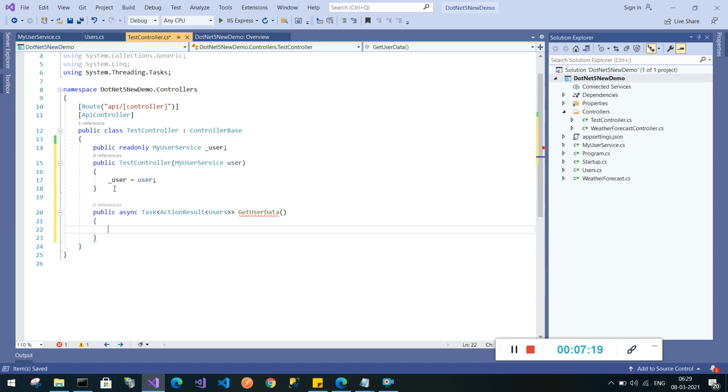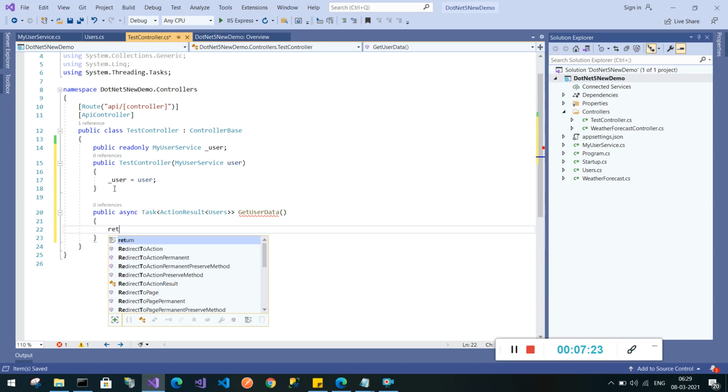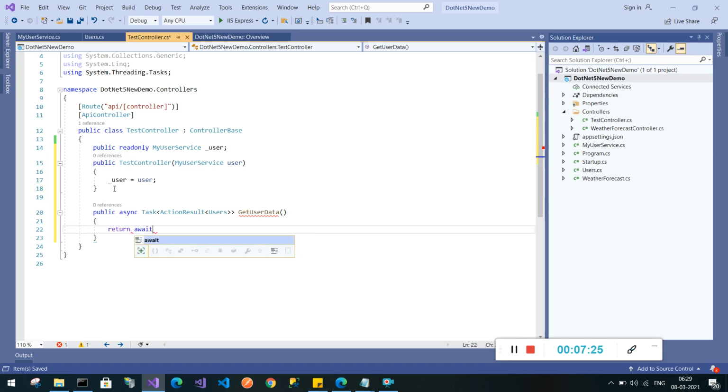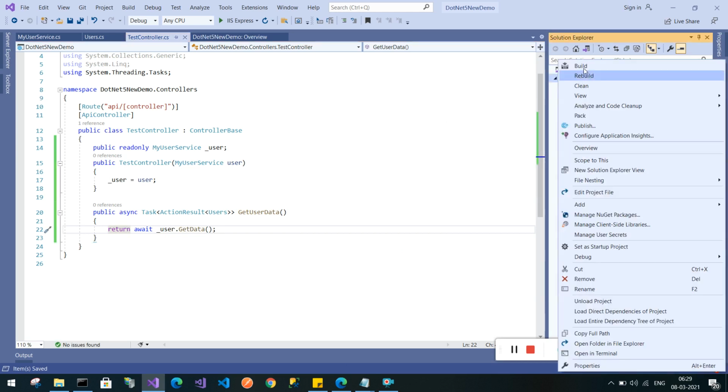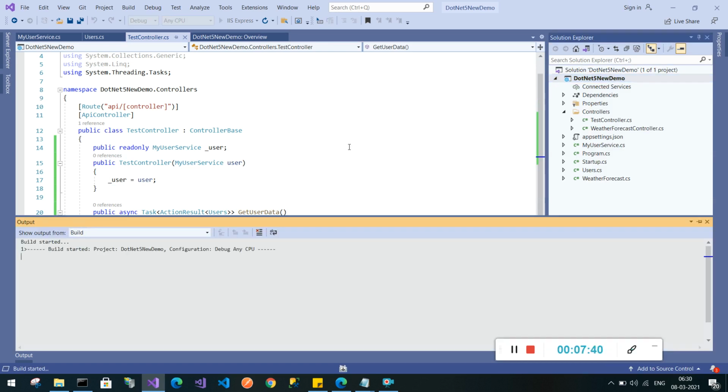In this action we are going to call our service method. So return await underscore user dot the method name, get data. See, now we are done. We'll build our project and we'll run.